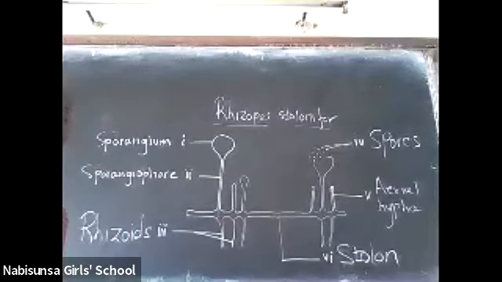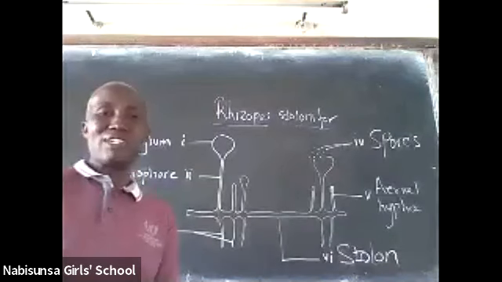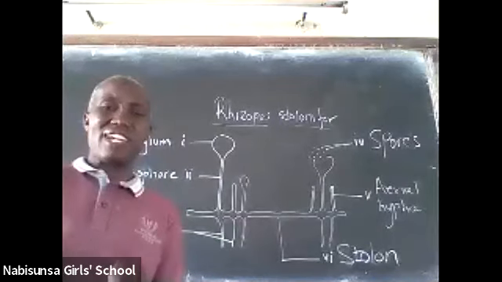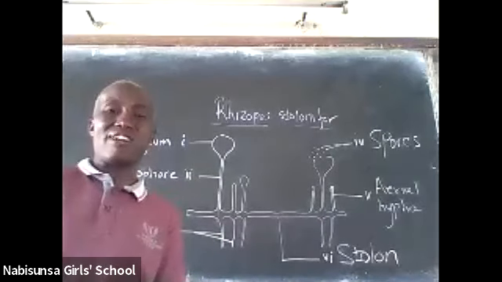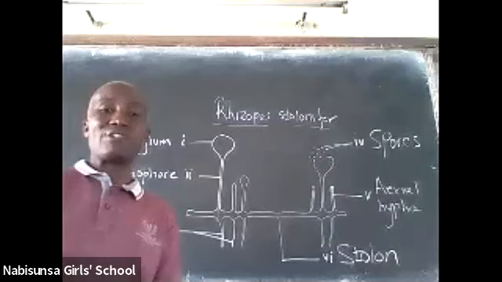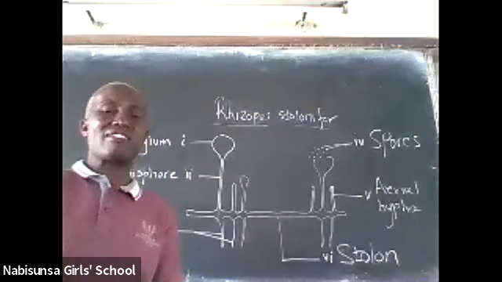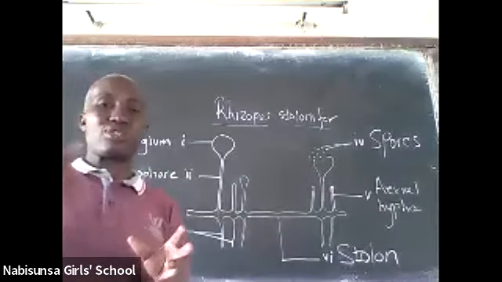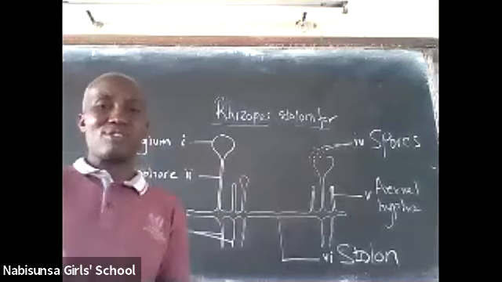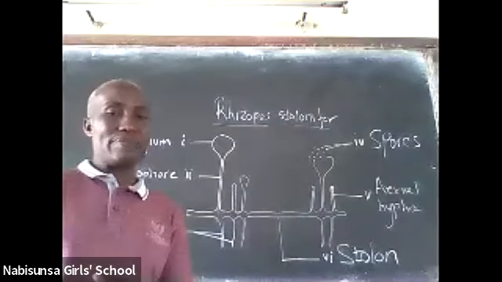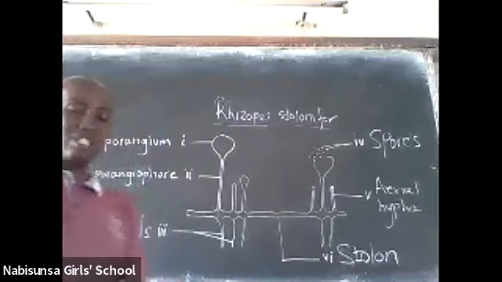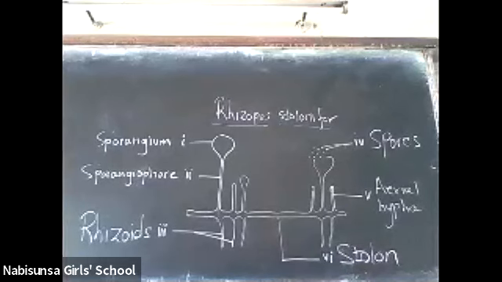Someone is asking, could I leave an assignment before the end of the lesson? I'm leaving that as the assignment. We haven't yet ended, but I may forget to mention it at the end, so I'm saying it right now. Look up a drawing showing the structure of the yeast cell, and then draw it. Make sure you label all the parts. Good. Okay, someone is asking, what is the function of the stolon?